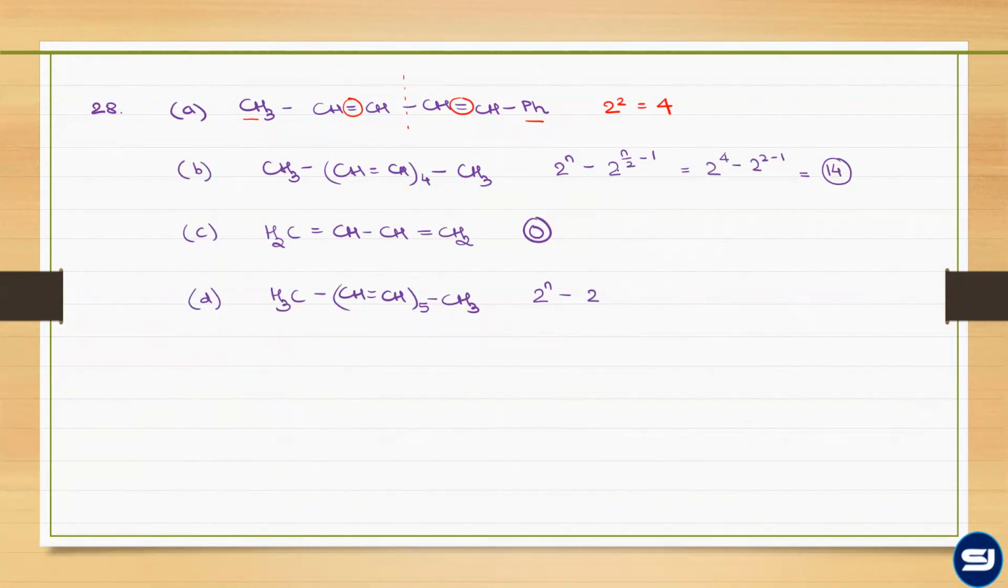The difference between these two was very simple. This is n by 2 minus 1, n minus 1 by 2. So 2 raised to 5 minus 2 raised to 4 by 2, which is equal to 32 minus 4, which is equal to 28. So only A matches. Correct answer is